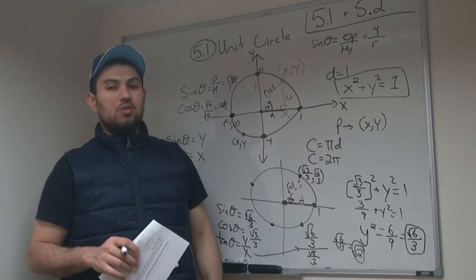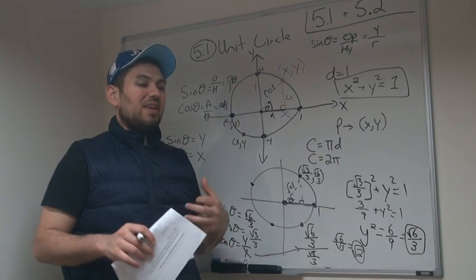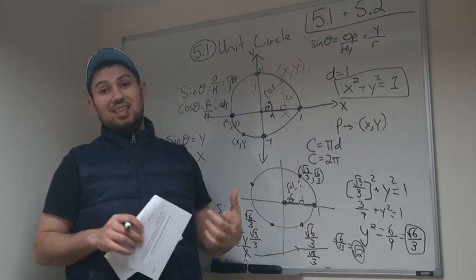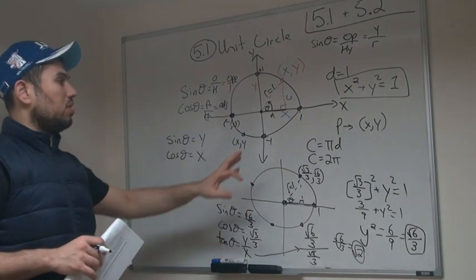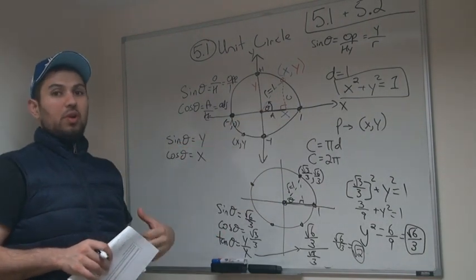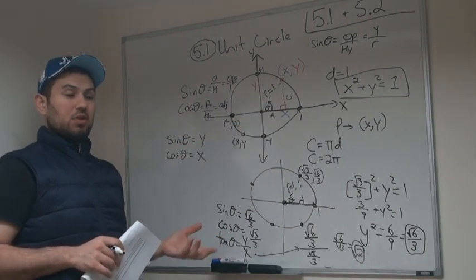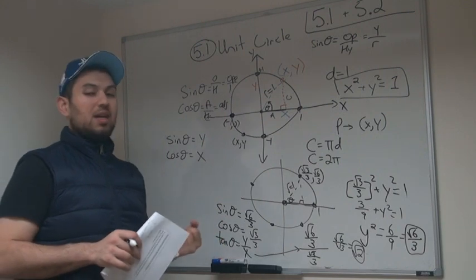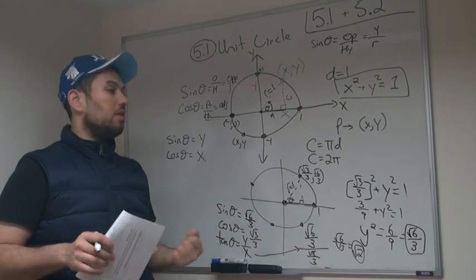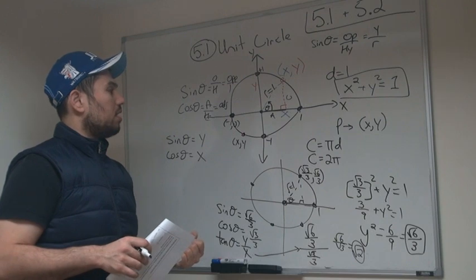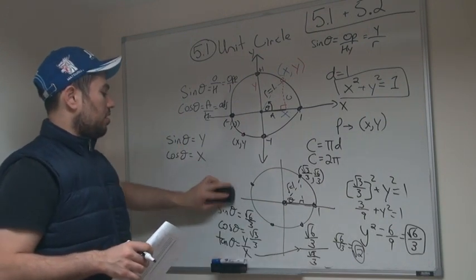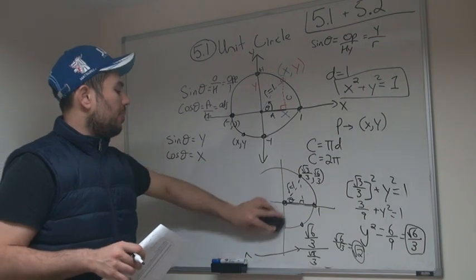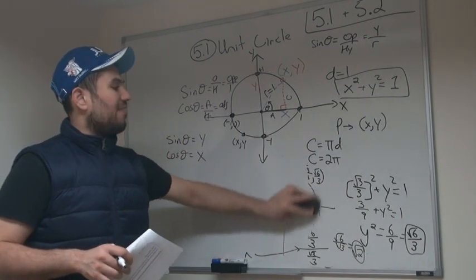Alright? So that's why I think 5.1 isn't as necessary or isn't as useful. You're still using right triangles. You're still putting right triangles inside of a circle. So we're not doing these things exclusively of one another, right? The extent of usefulness, as I said earlier, of this unit circle will be the fact that we can evaluate